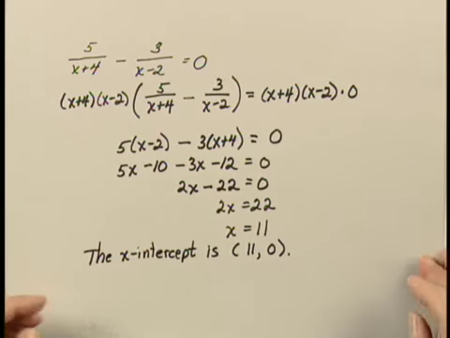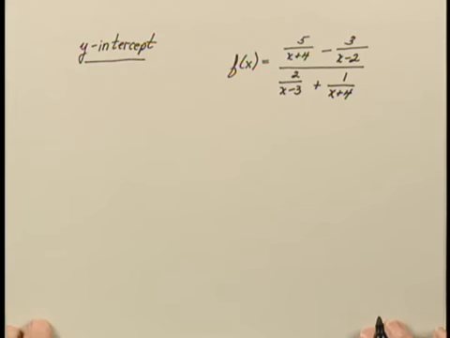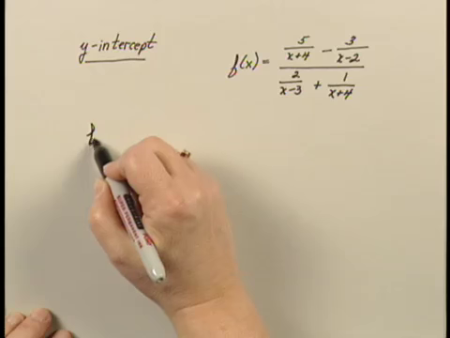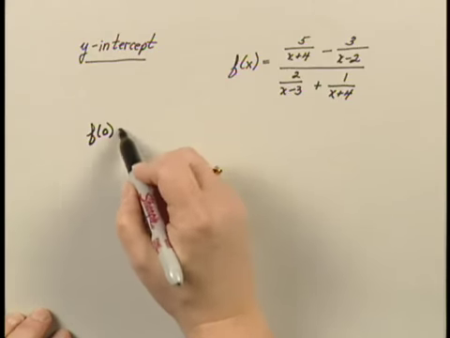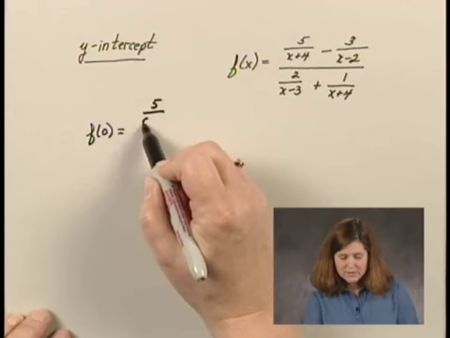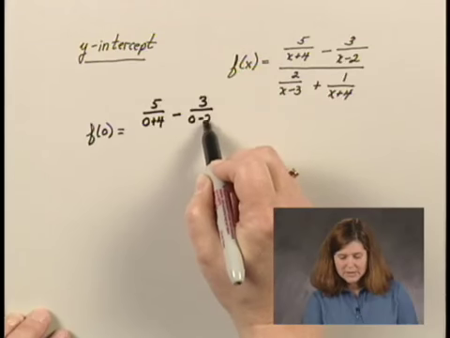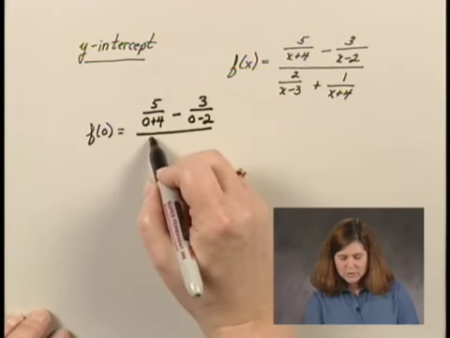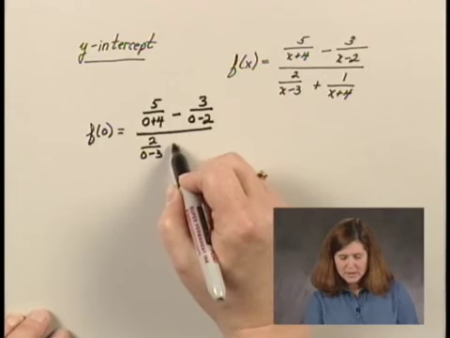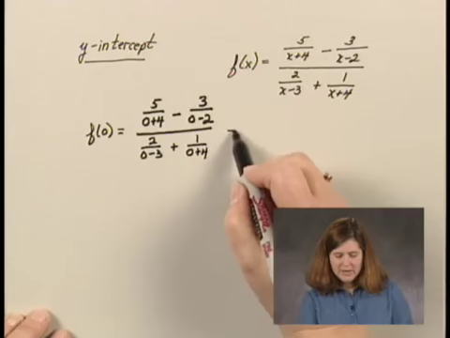Now we're also asked to find the y-intercept. The y-intercept is the point at which the graph crosses the y-axis, and at this point x will be 0. This is actually a little easier to find because we need to find f of 0. And for that we substitute 0 for x. We have 5 over 0 plus 4 minus 3 over 0 minus 2, all that over 2 over 0 minus 3 plus 1 over 0 plus 4. And that gives us